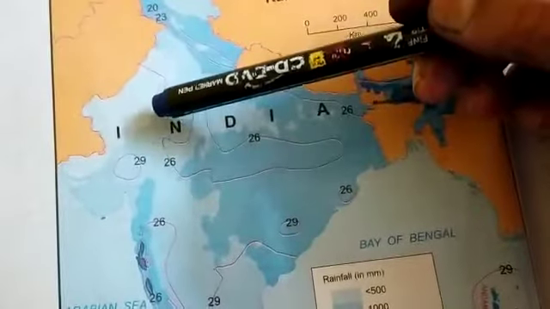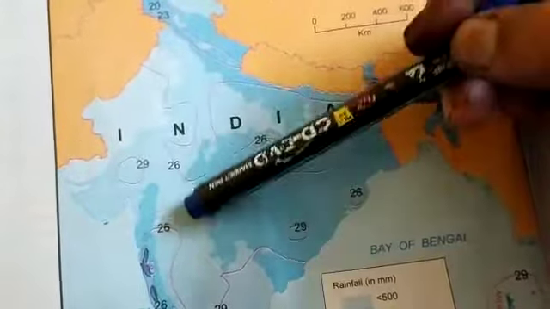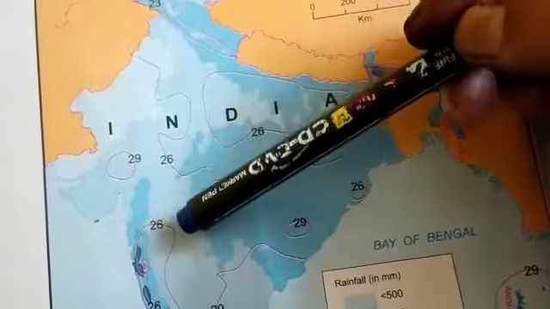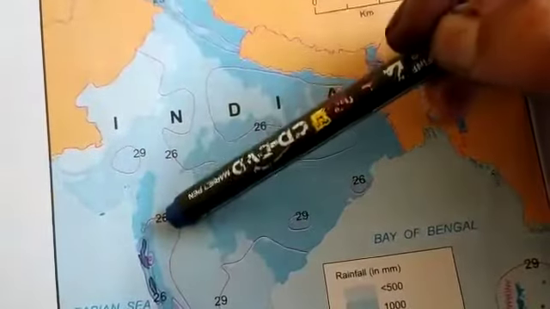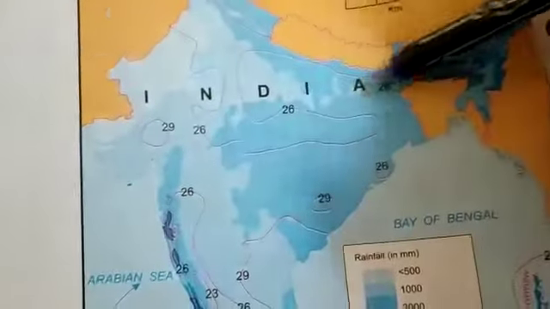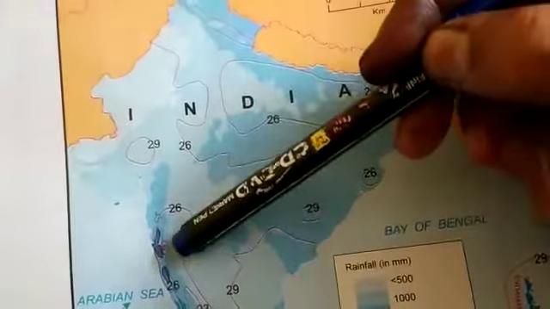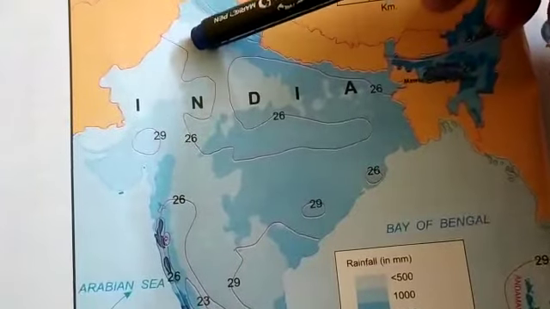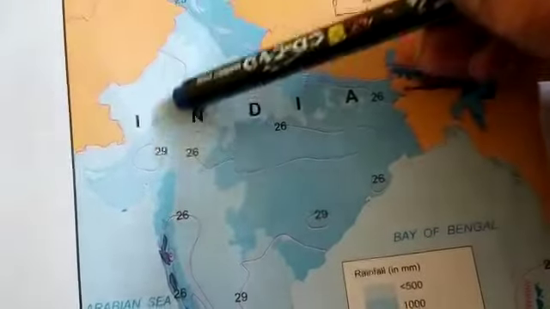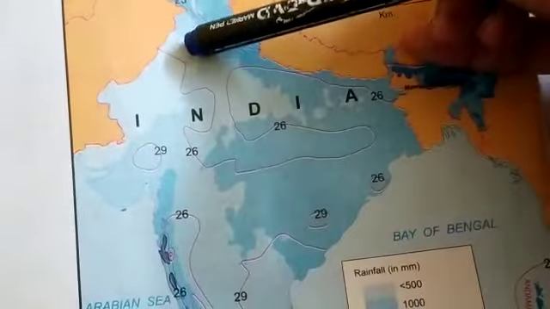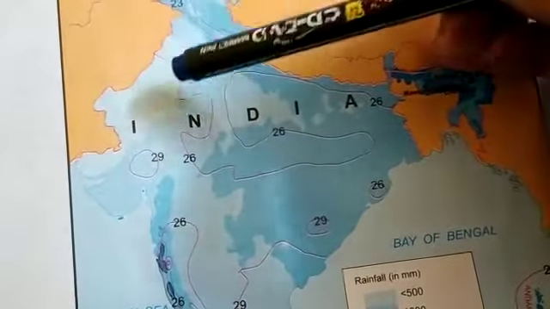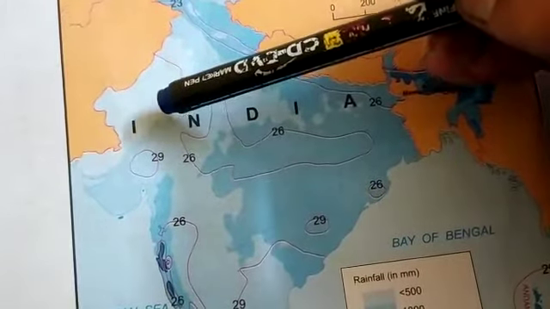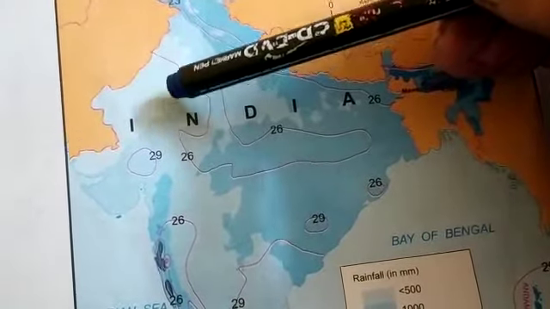Now since we are talking about Rajasthan, when these winds come over here, these winds are actually in this direction, or they will be in this direction. So let's say, for example, the winds are blowing in this direction. Then what will happen? Here are the Aravalli ranges. How big are they? They stretch from Gujarat till Punjab and Haryana. But the major part of these Aravalli ranges lies in Rajasthan.